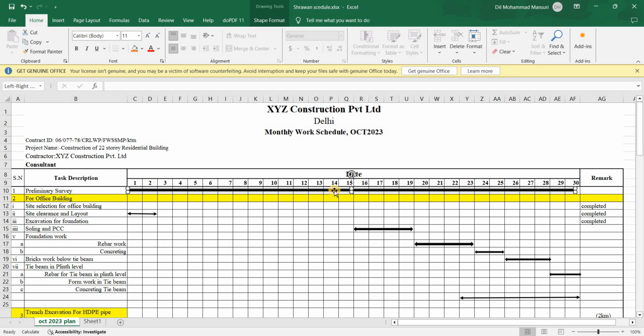You have to proceed with the survey work, and suppose it takes 30 days or 40 days, so you can do it as per your requirements. Then comes the office building. For the office building, we first have to do site selection, for site access, finalizing the